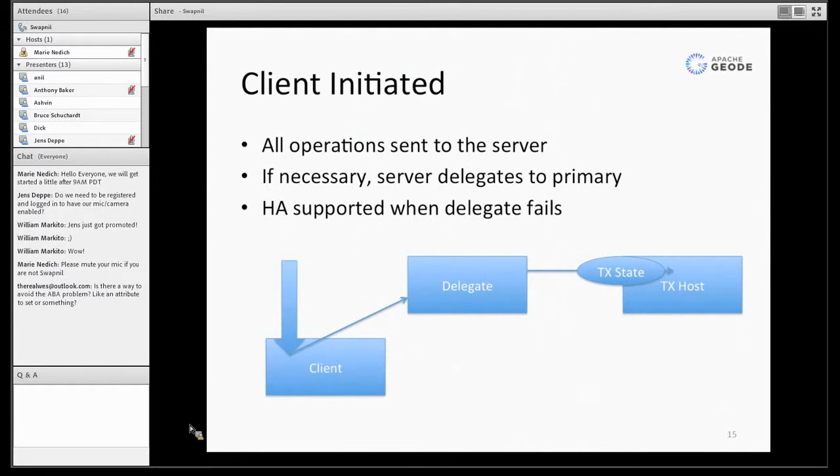One more thing here is when the client then calls commit, at that point all the operations which are on the TX host are sent back to the client and then applied locally to the client if the client has a caching proxy defined as its region. Okay, so